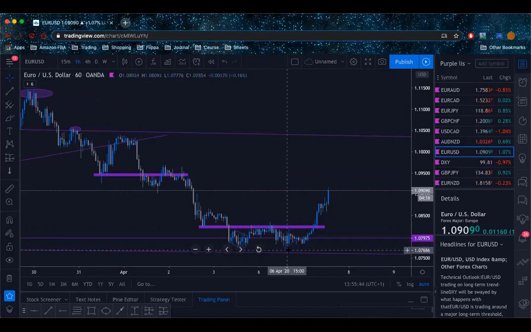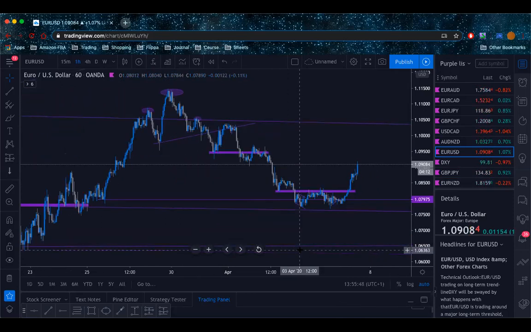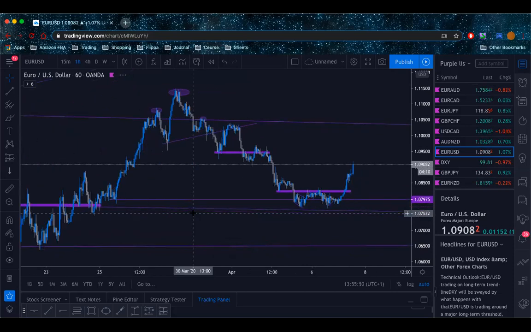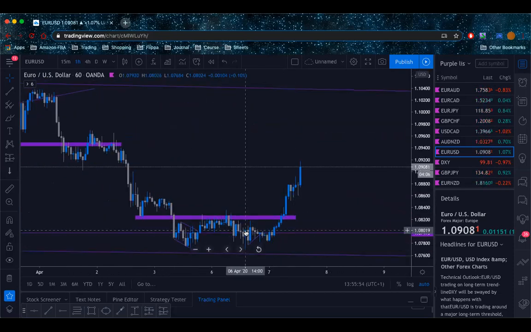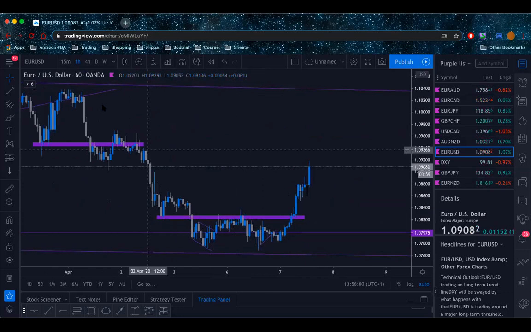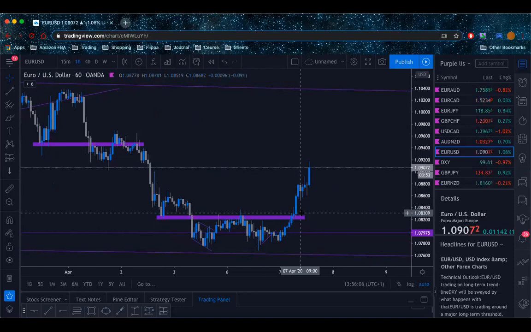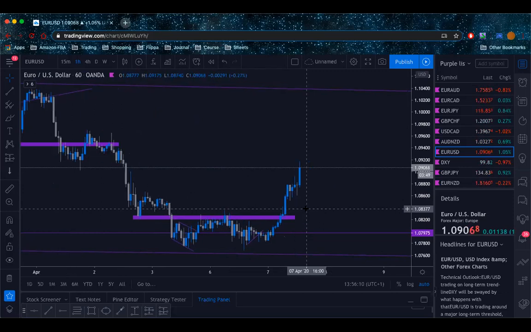This was yesterday, Monday, the 6th of April, I believe, before finding support upheld at, I believe this is a daily channel or maybe even a weekly channel that's running along here. And we found support there and rejected it and flew straight up. So I took a loss effectively on this position, but I took a win on this and this position. I closed my trades, I think, just as we broke out here. So probably somewhere around here.